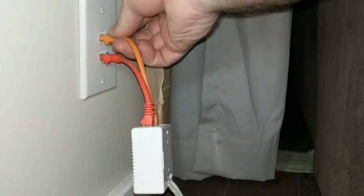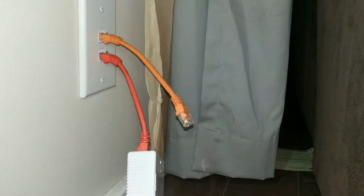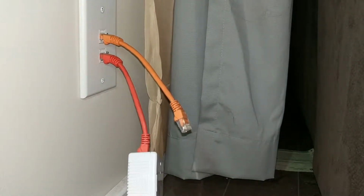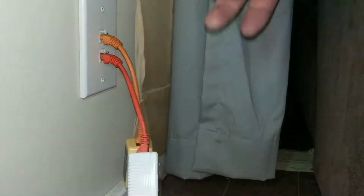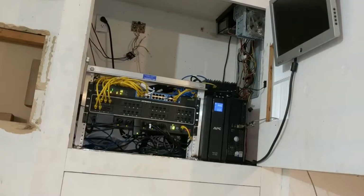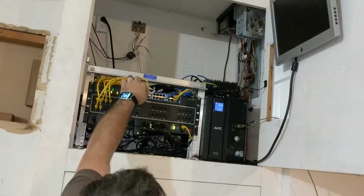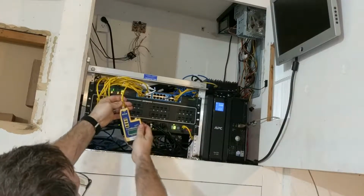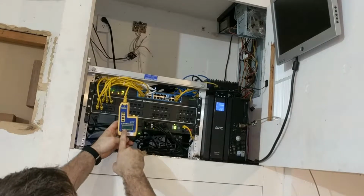to here. So what I'm going to do is plug that in there, unplug this side, and grab the remote. I'm going to plug it in over here, and then I'm going to go to the other side. Okay. We're going to come out here. I've already checked this is the connection that it goes to. I'm going to plug it in here, and we see that